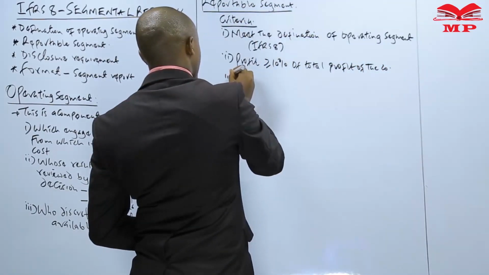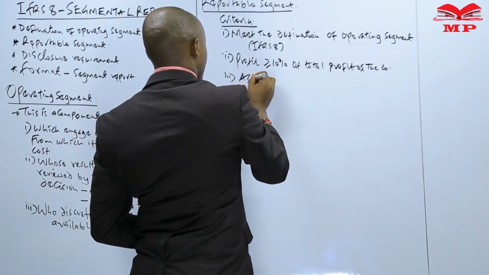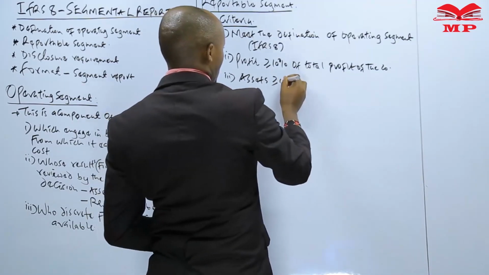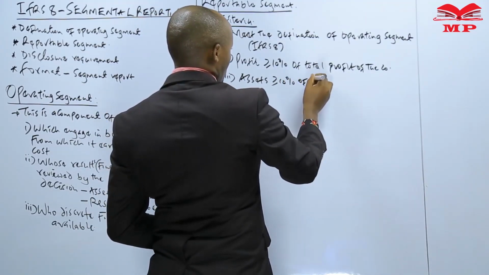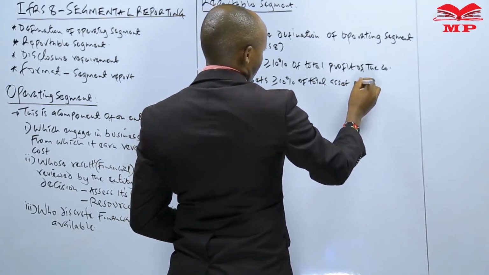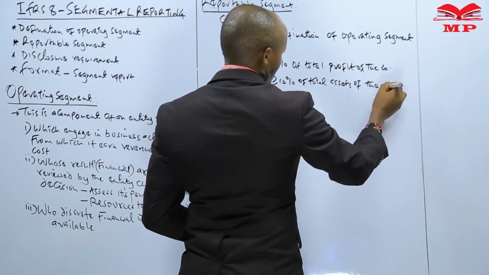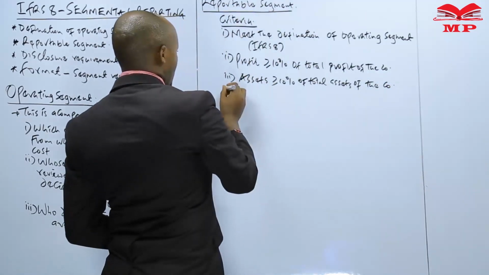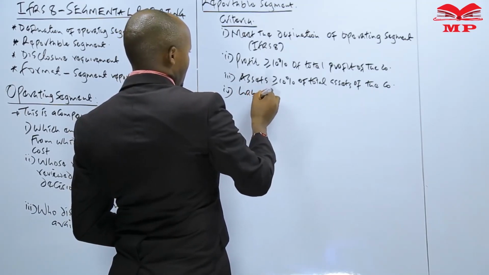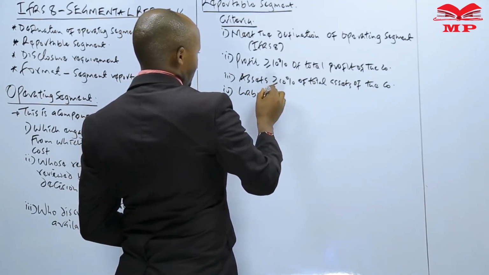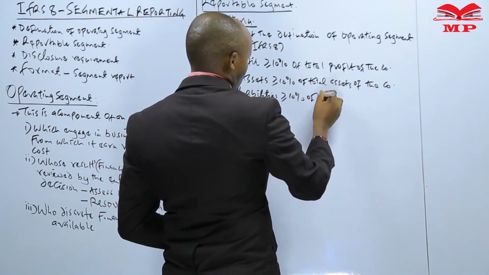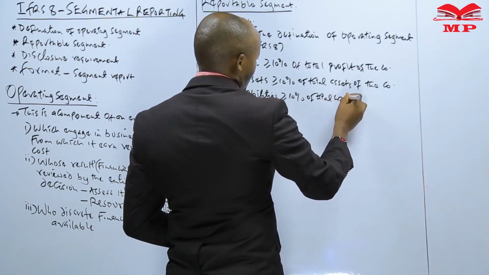Number three is that the assets of that particular segment must be equal to 10% or more of the total assets of the company. And on the other hand, the liabilities of that particular segment must be equal to 10% or more of the total liabilities